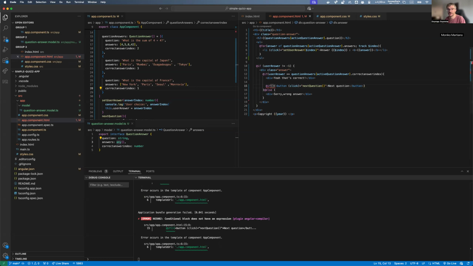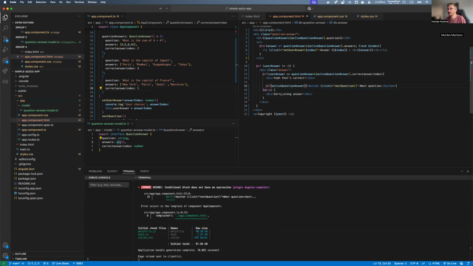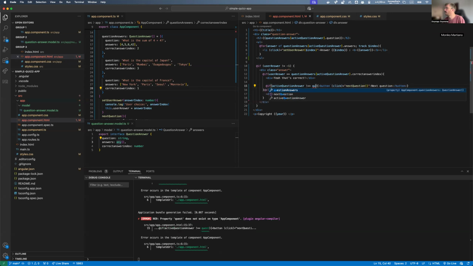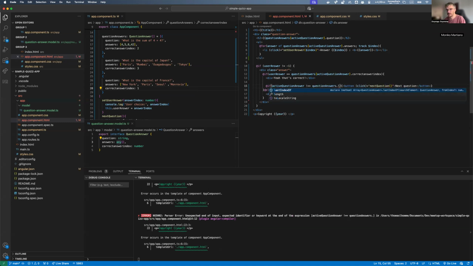Basically what we want to check is if the active question answer is not equal to the question answers length, sorry, length -1, right?